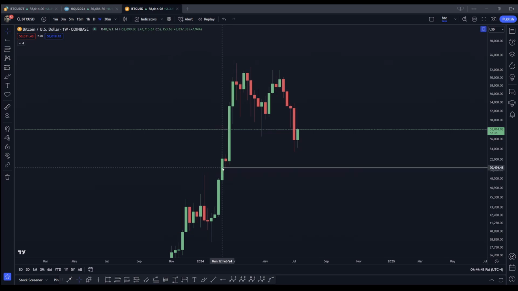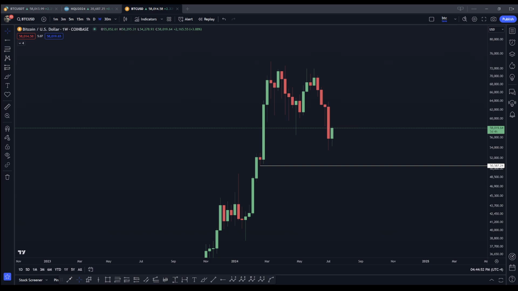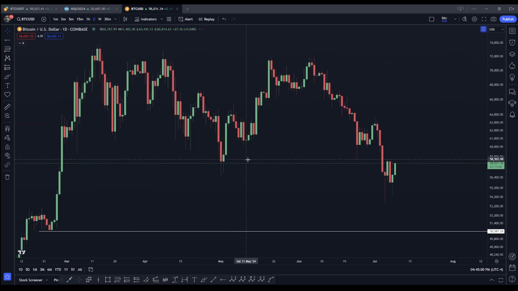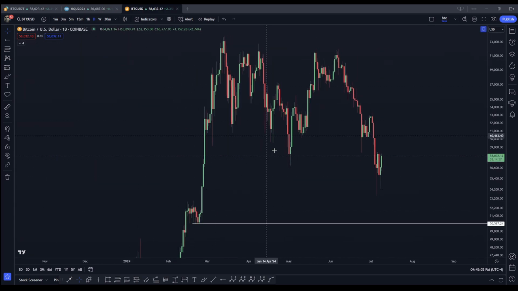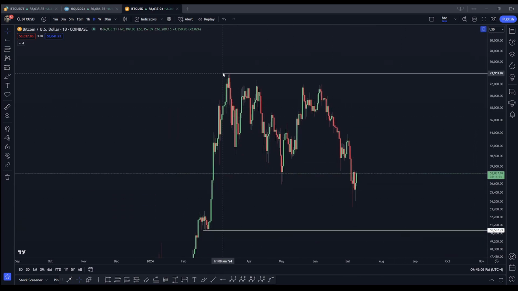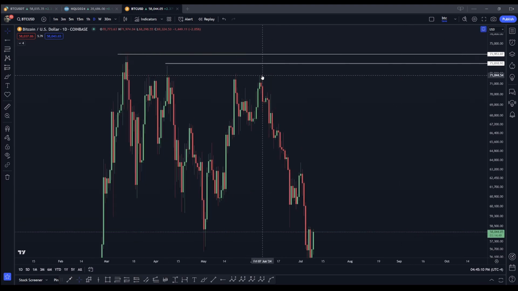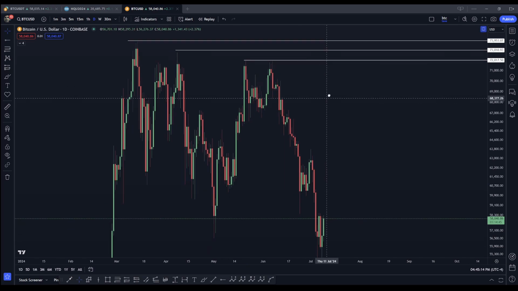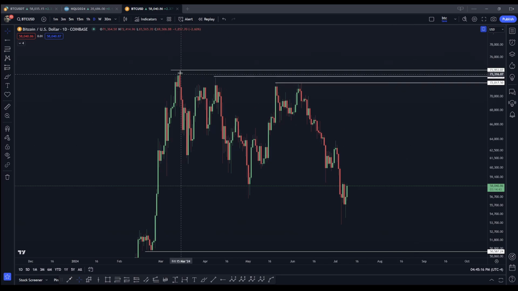For me personally, I'm looking at this level right here, so this down candle, and I'm gonna put some longs around 50.5k or 50k. And the reason why is because I think we're going to go for a full liquidity sweep, and we have all this built up failure swings above. We never really swept it. The only thing we really swept is this level right here, but you can kind of call that equal highs too. So we have that, and